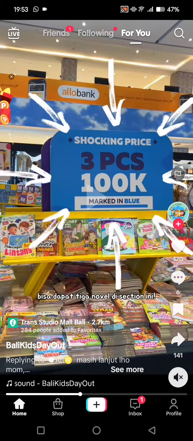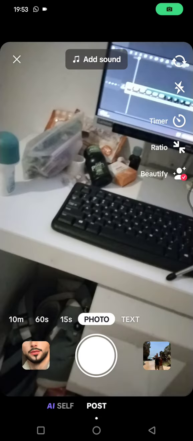On today's tutorial, I'm going to show you how you can use templates on TikTok. So if you don't want to create a TikTok video from scratch, you can just easily use the templates on TikTok. First, what you need to do is just click on this plus icon,